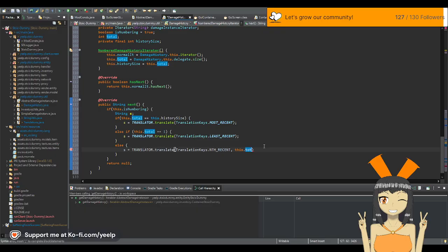This.total, this.history size minus this.total. And then we will not do a total minus minus, but what I will do is this.isNumbering equals not this.isNumbering. We'll flip the state of this, and I will return StringUtils.pad